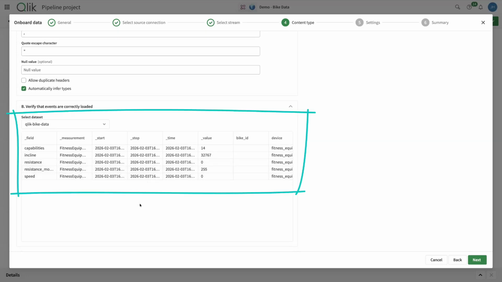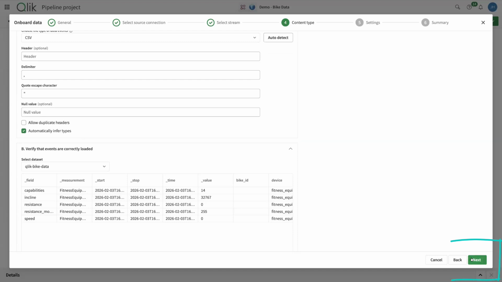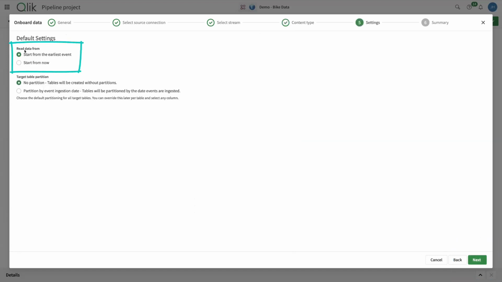I love that it gives you a sample of the data so you can see what it looks like. Yeah, absolutely. So just nice as a real-time validation that the stream contains data and it's of the type that we expect. Click Next here. Here you'll see a read data from. So this just has us say, do we want to ingest all of the data that still exists on the stream, including the 24 hours of history, or do we just want to start this pipeline from now? I'll say, let's go grab that retained data.